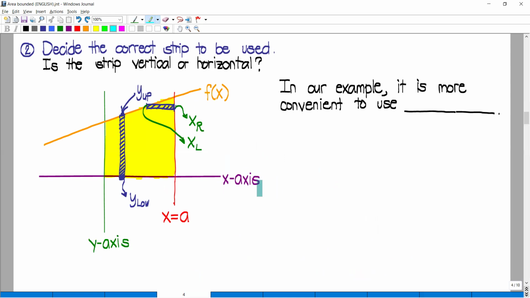Now let us check, given that in our condition letter A, the vertical strip's Y up is touching the orange and the Y low is touching the purple. If we are going to move that vertical strip, I think we must remove first the horizontal strip so that we have a clearer view. Let us try to move the vertical strip. Let us move the vertical strip here, going left. And also, let us move the vertical strip going right.